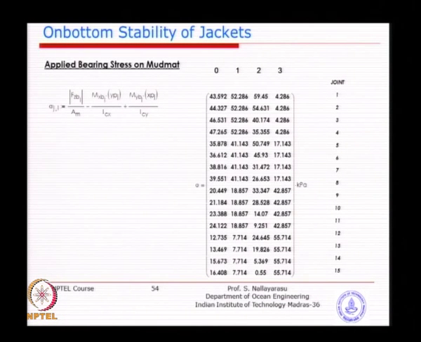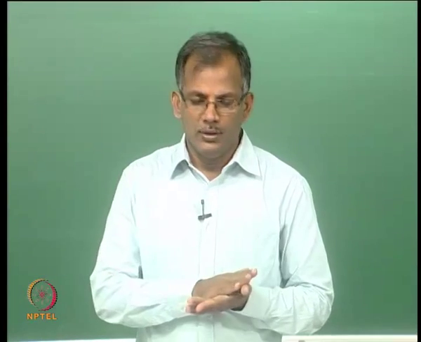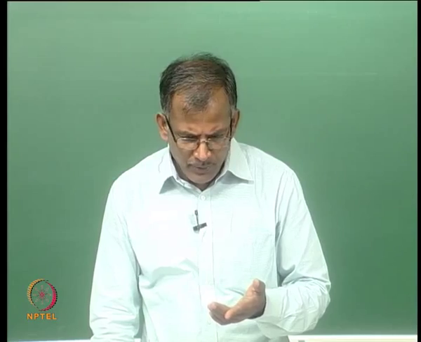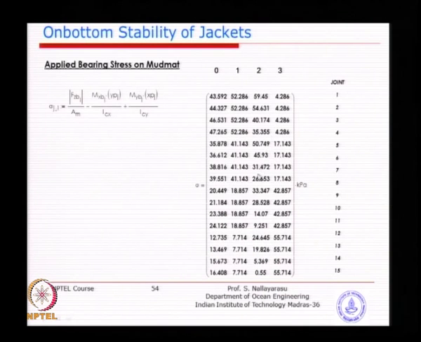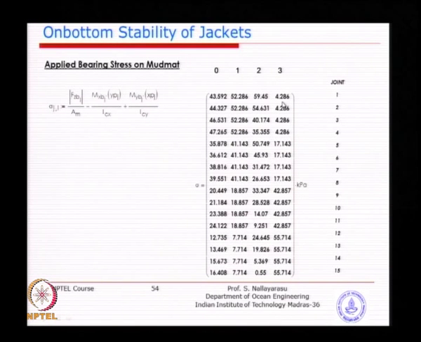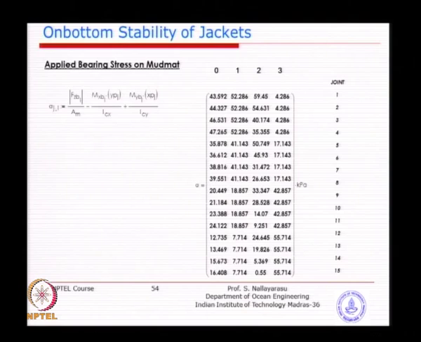At any time, if the values are becoming negative, then there is a worry. That means the jacket is not in full contact at the interface. You see here the minimum bearing pressure is about 4.2, I think it is 4.2. So still there is contact between the mud mat and the soil, because the bearing pressure is still positive. Once it becomes 0 or negative, that means the jacket is almost about to be unstable in rotation, or it may have already failed. So, that is the idea behind it.